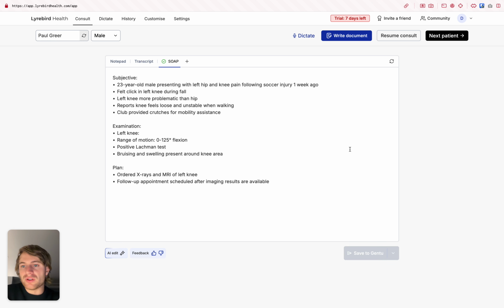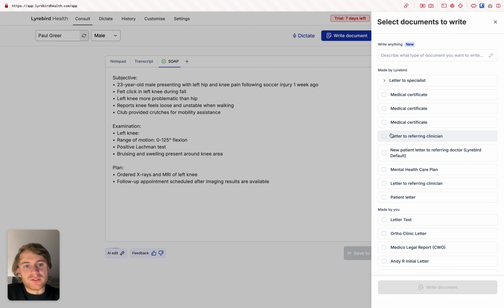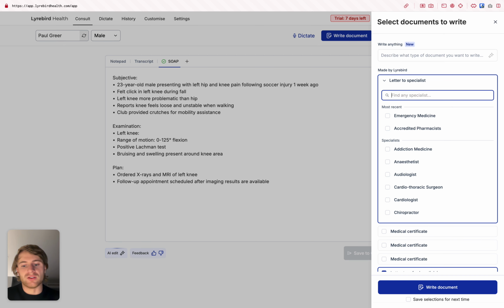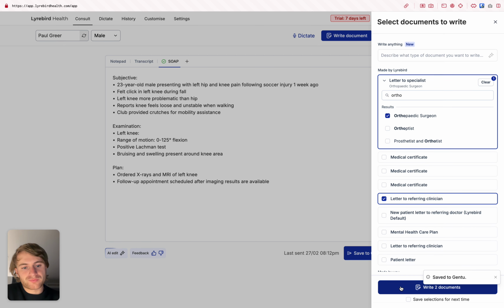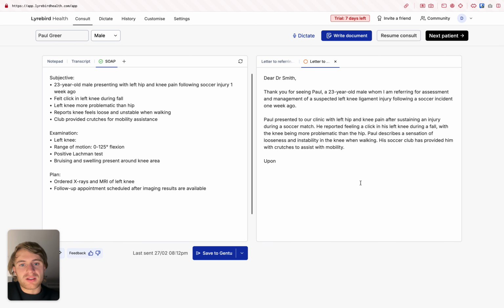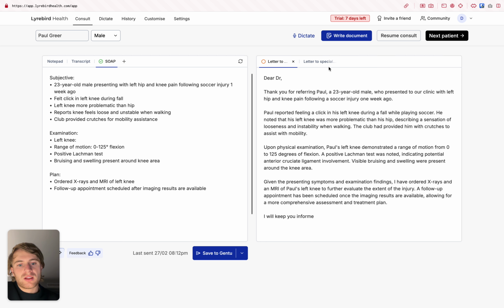Now, the next thing you want to do is you need to write a letter. So I'm going to click write document, and I'm going to write a letter to a referring clinician and a letter to the orthopedic surgeon. I'm going to quickly write those two letters, and you'll see what happens here is once it's generated,